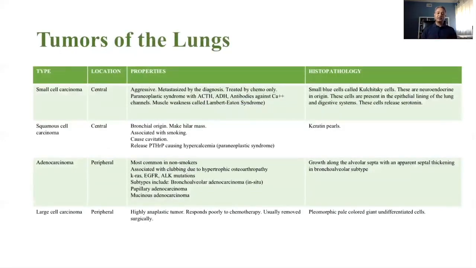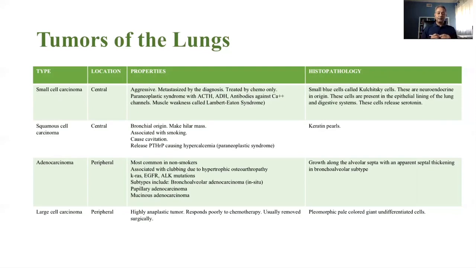Now, here is a quick table. I would let you read this, but the important thing is that there are two basic classifications. The top row here is the small cell carcinoma. All the other three are the non-small cell carcinoma. You should also know that the small cell carcinoma and squamous cell carcinoma are both centrally located. So they are found in the hilar areas and in epithelial areas because they originate from the epithelium. On the other hand, adenocarcinoma and large cell carcinoma can be found peripherally. So that is important. We'll look at their